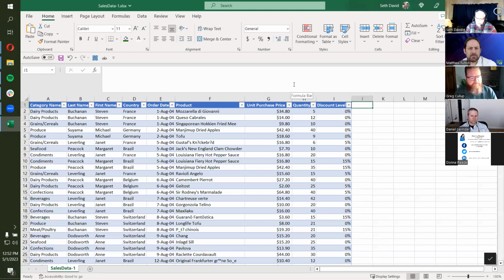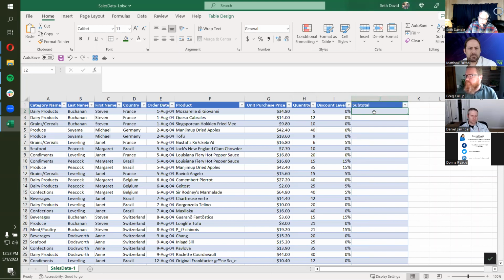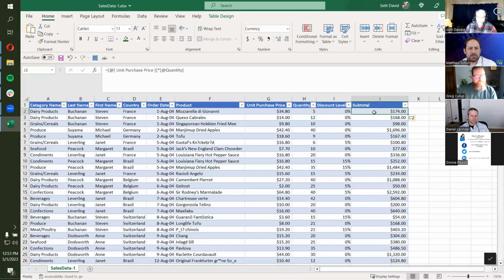So the first thing I want to see is what's the subtotal before any discount, right? As soon as I add a new column header immediately adjacent to the table, Excel is smart enough to say, oh, okay, we probably want to expand the table, and it does that for me, okay? Equals purchase price times the quantity. Okay, because we're in a table, Excel was smart about this and it automatically filled in the whole thing. It figures, okay, if we're doing it there, we want to do it across the board. If for any reason you ever don't want it to do that, you just hit Control Z and it will back it up one step to just the one formula that you had written.